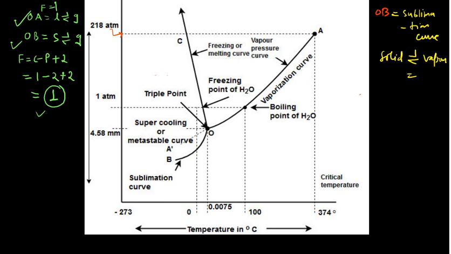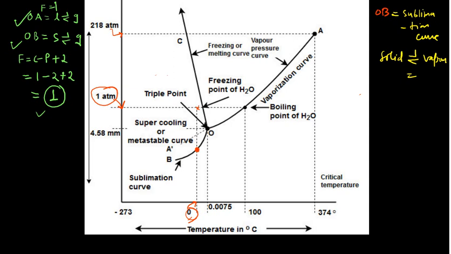Okay. And one more thing, one very important thing which you can see here at this temperature. I can write it as, this is 0 degree, this point is the 0 degree, and if you touch that 0 degree and come here, it corresponds to the 1 atmospheric pressure. That 0 degree centigrade corresponds to the 1 atmospheric pressure at a certain point, and that point is this one. Okay. So, what is the meaning of that? The meaning of that is, this is the freezing point of the water.